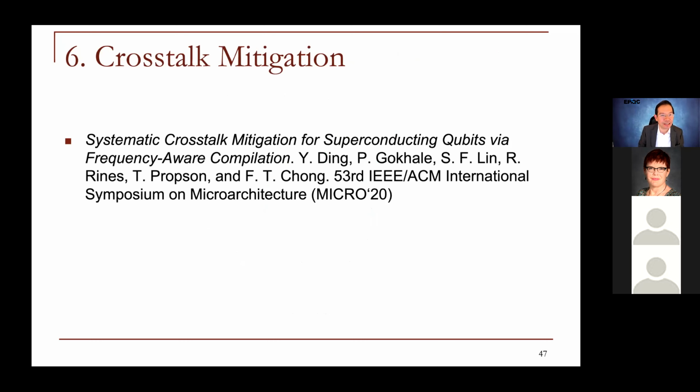Okay, so one last example. The last example I want to talk about is interesting because it illustrates the interaction between sort of hardware design, architectural design, and software optimization. And in fact, what we're going to do here is we're going to try to mitigate crosstalk using tunable qubits, but not tunable couplers. And we're going to find that we can achieve a similar result to a machine that has tunable qubits and tunable couplers.